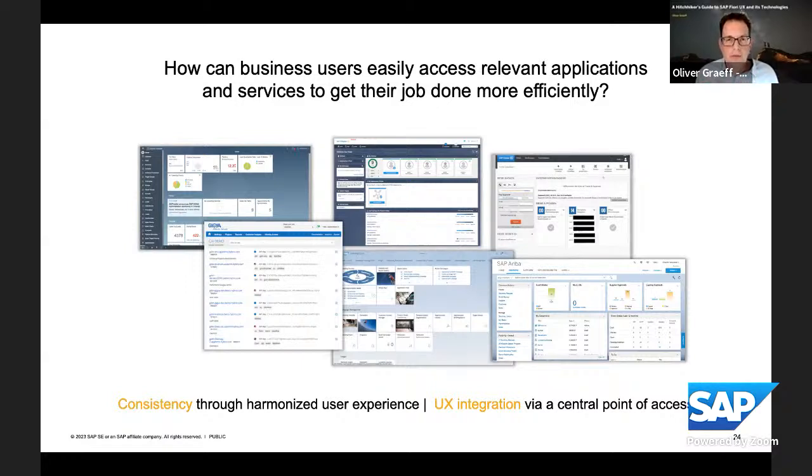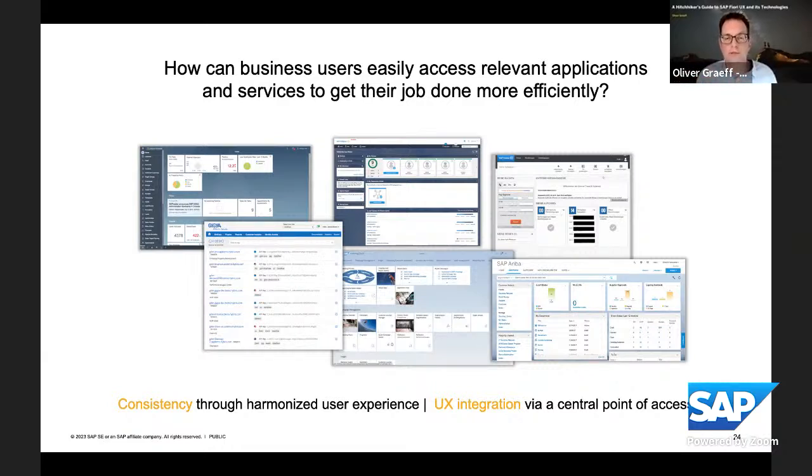from different systems, maybe. If you just have a single system, let's say a single S/4HANA on-prem system, then the task is easy. You need to launch the apps in that system. But maybe if you have a system landscape, a hybrid landscape with cloud and on-prem, and you have Concur, SuccessFactors, and other systems, you might have the requirement to have a single entry point, right? Not many different systems, but a single entry point,